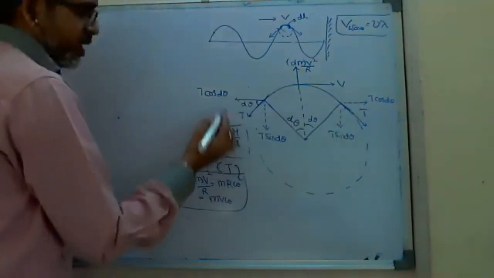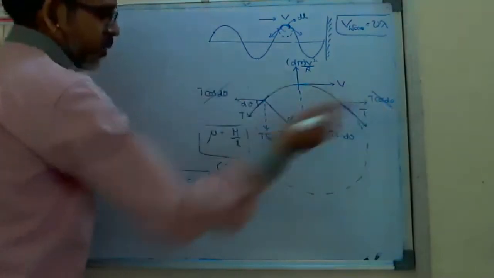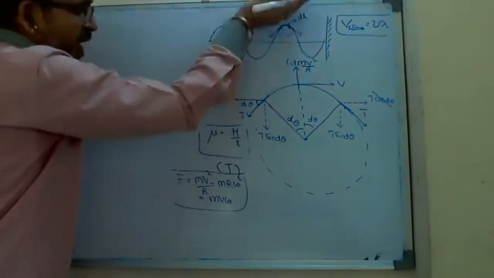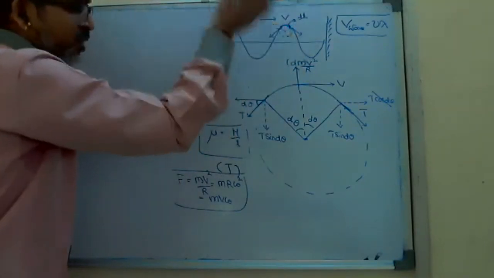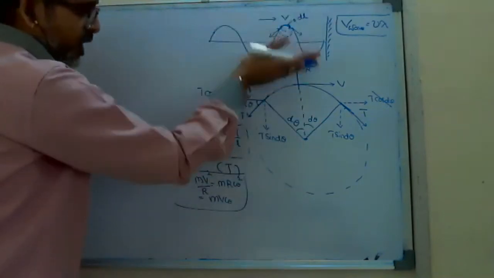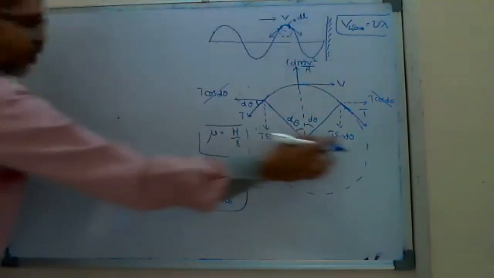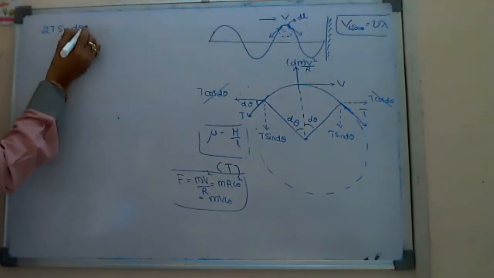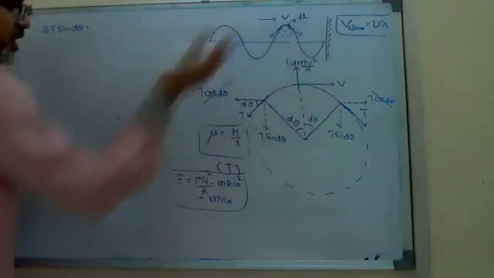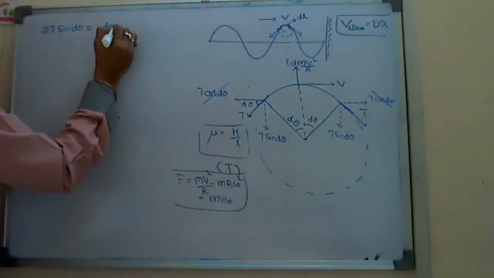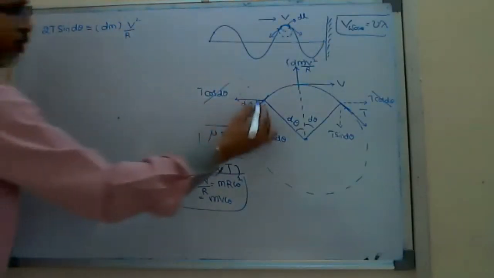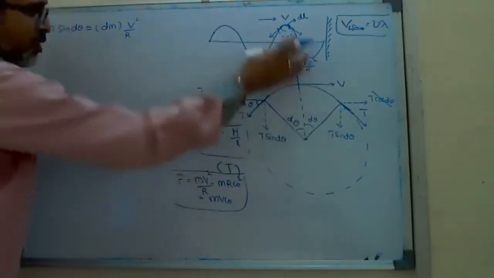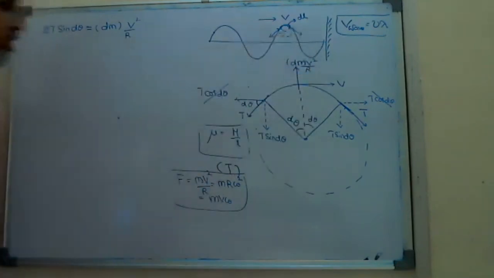At the two ends of the string, look at T cos d theta, they are in opposite directions, so they get cancelled. Net force along the x-axis is zero. But there is a net force along the y-axis. Y-axis means on the small part towards the center. Along the y-axis, downwards you are getting two forces, like centripetal forces, which are 2T sine d theta, equal to the centrifugal force, which is dm into v square by r. If you assume it as a circle, anywhere it should be balanced by the centrifugal force. That is the condition for a circle. Centripetal force should be equal to centrifugal force.